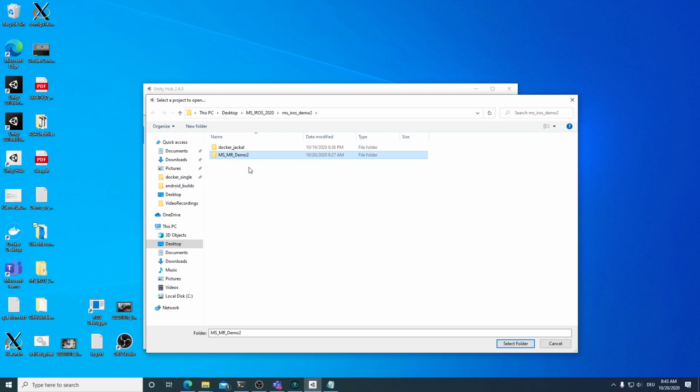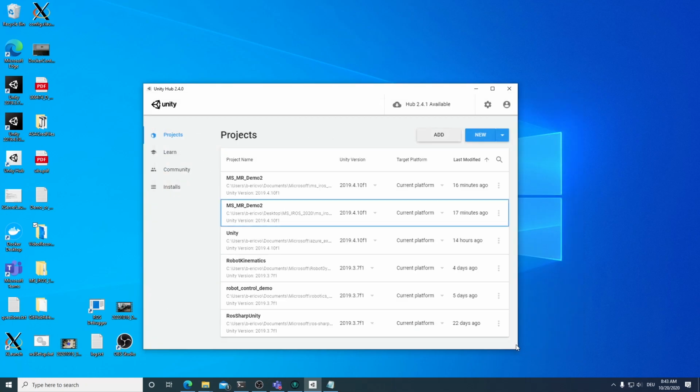It might be called a little bit different later on, but it will be pretty clear which folder you'll have to select. Hit Select Folder, and you will see the app popping up in this list. It usually also detects the current version. If not, you can click this drop-down button and select version